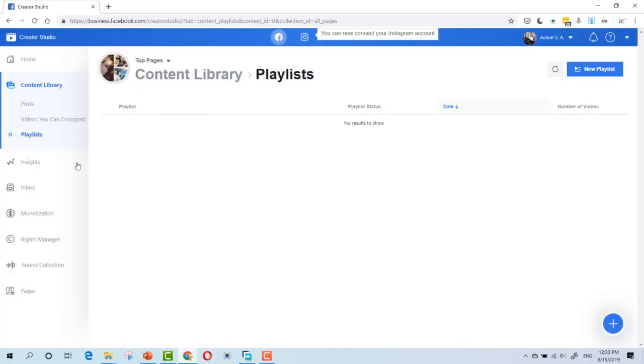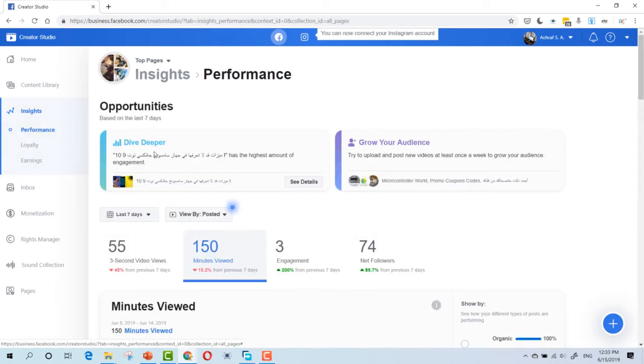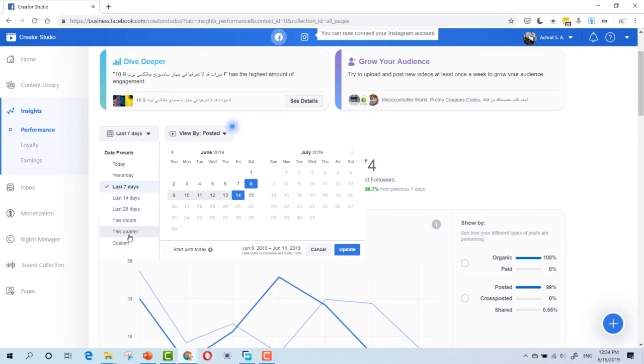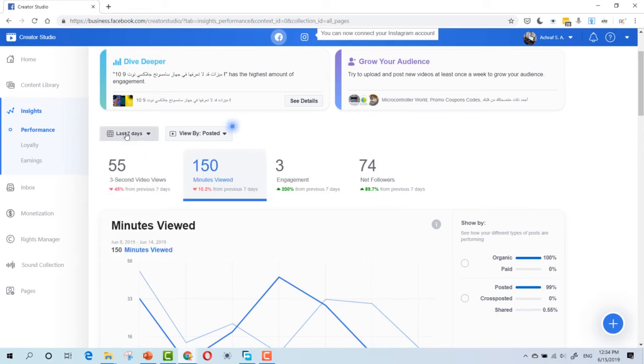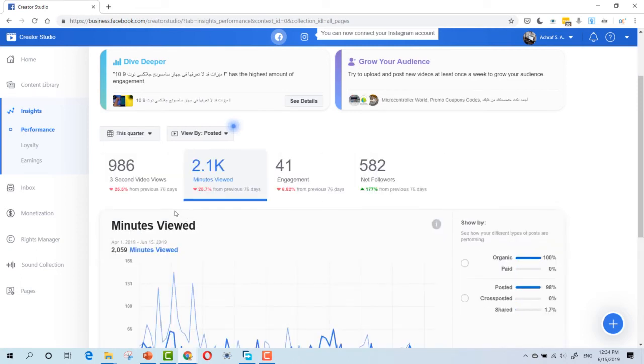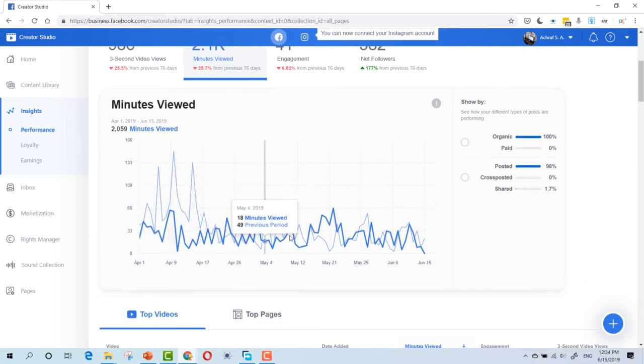Now, let's move on. You can check the insights here. As you can see, performance. Here are the posts from the last 7 days. You can change this to last 28 days, this quarter, this month. And let's check this quarter. As you can see now, we have 986 3-second video views, more than 2000 minutes viewed, 41 engagement, 582 net followers, and here is a draft of